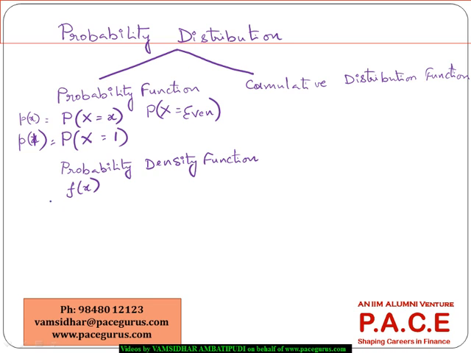And a few important things relating to this p of x, especially the discrete case. What I see is this p of x, just because it's a probability, it will lie between